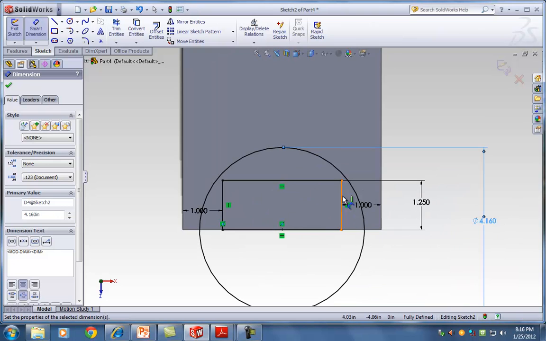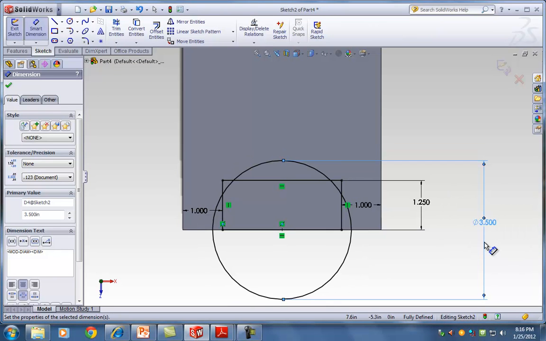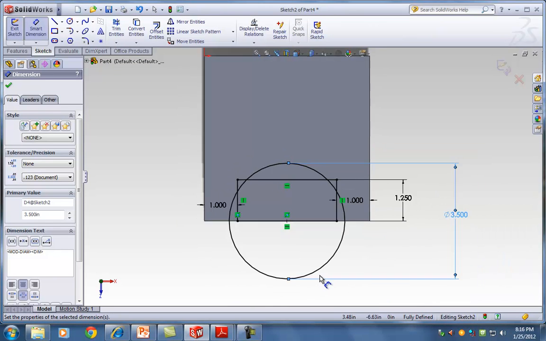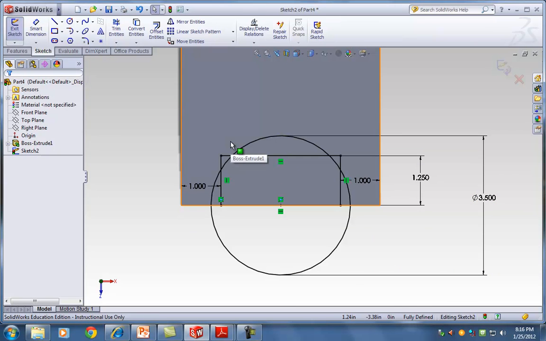Okay, now considering that this problem is not really to scale with respect to the engine, I'm going to change this, and I'm going to make it about 3.5. Okay, so I just wanted to show you that multiplication feature,